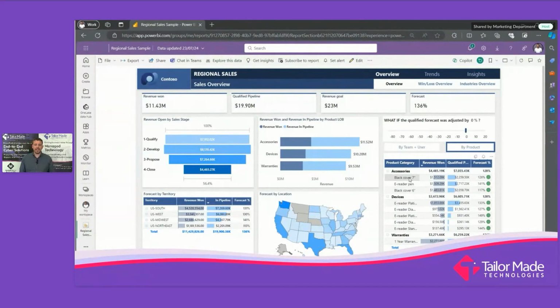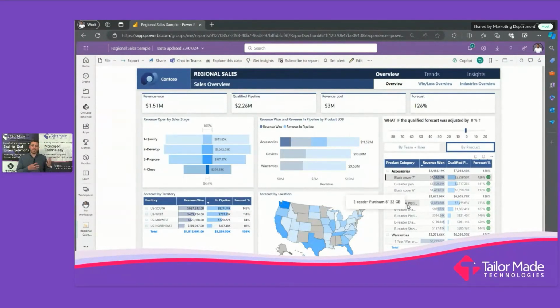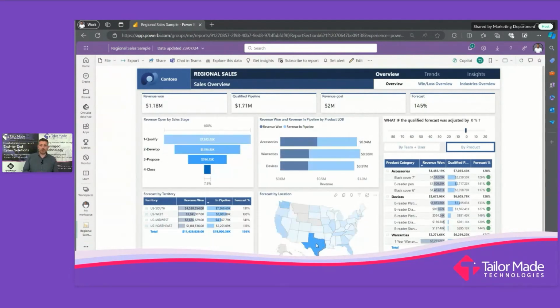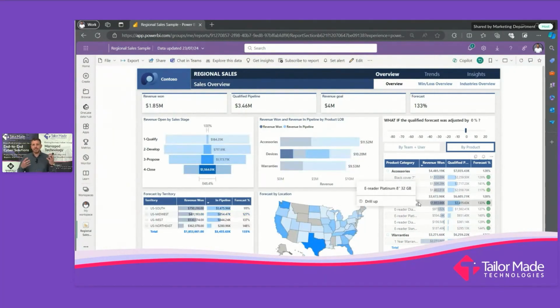And you can see that as I start to click on things similar to the last report, all my other visuals start to perform and react to what I'm selecting. Okay, so if I wanted to see the e-reader there, I can see where it is in the sales process using that top left box showing our qualifying, developing, proposing, or closing it. And where in the country it's being delivered. So you can see lots of data being shifted around there just by me clicking around and getting a feel for it.